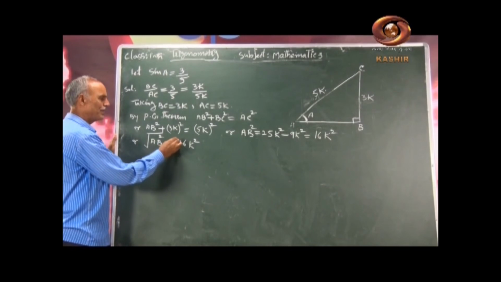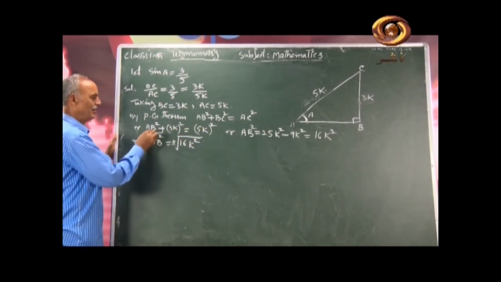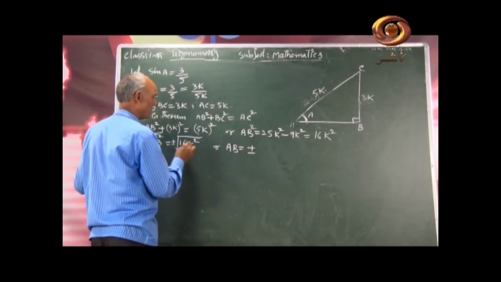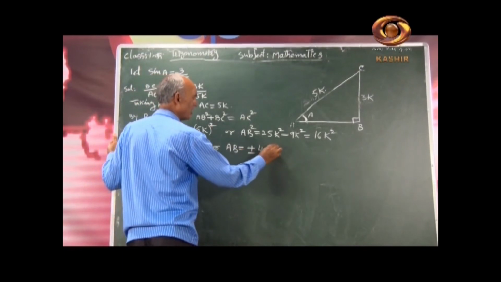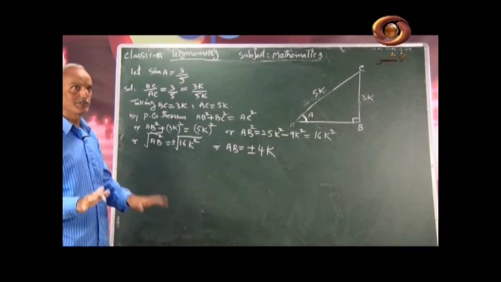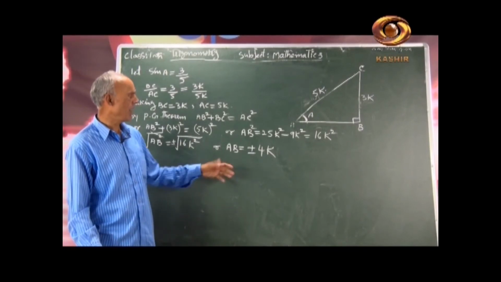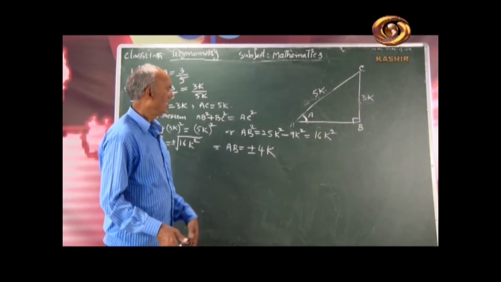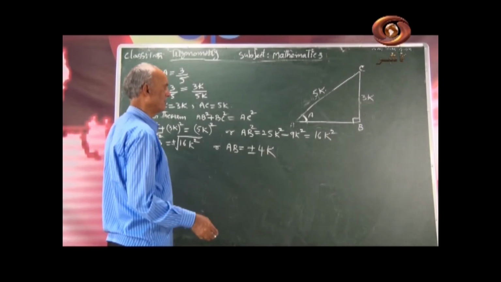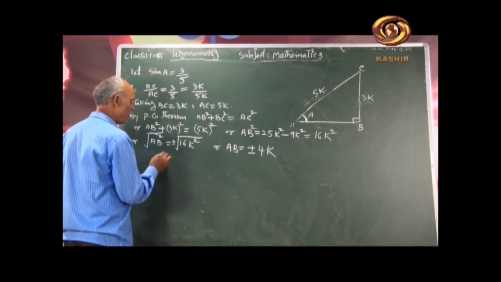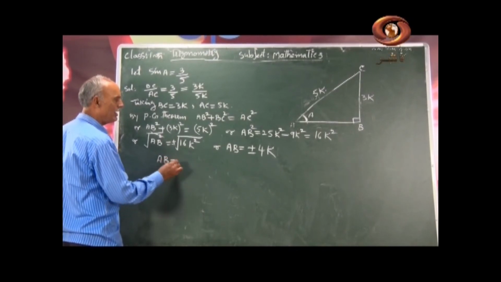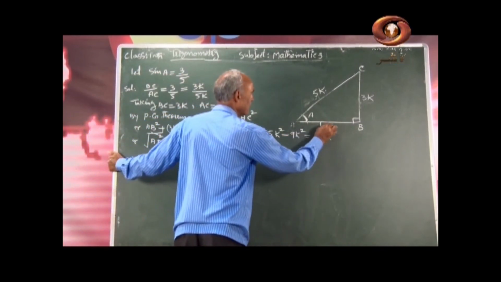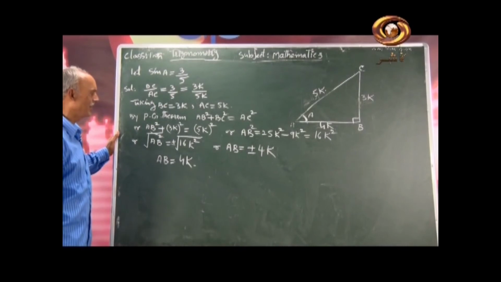Usually when we take square root we take plus minus. So AB जो हमारे पास आएगा, we will write first plus minus square root of 16 is 4, square root of k square is k. We got two different values, AB 4k, AB minus 4k, but we cannot take minus 4k because sides of a triangle are always positive. They have some length. So reject this negative sign. So AB is always equal to a positive value only because the length is always positive. So AB is 4k. So we got the three sides of a right triangle.